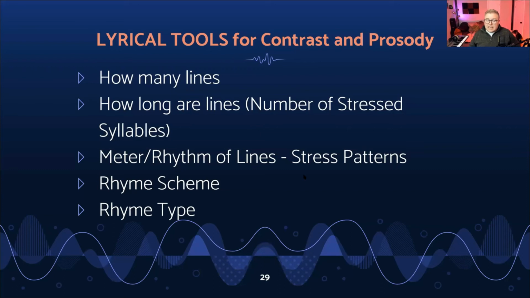And I see a lot of new songwriters have every section be A, B, A, B, A, B, and it all starts to sound the same, because the more lyrical contrast you have, the more the lyric ties to the melody. So you almost instantly have melodic contrast within that as well. And then the other thing that you can look at for contrast and prosody is your rhyme type. So there are different types of rhyme